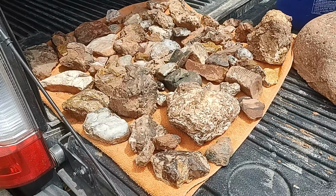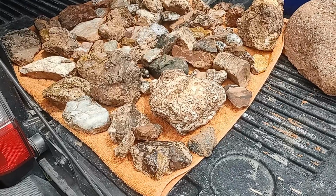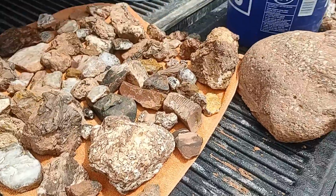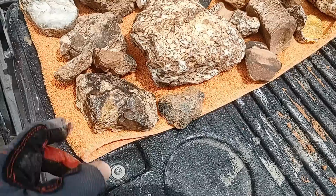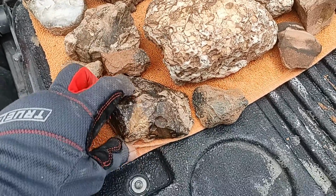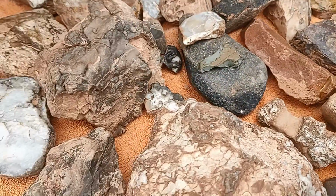So here's my wife's collection of rocks. Now I give her a lot of crap about just collecting pretty rocks out there, don't I? Uh-huh. Just for the rock garden. Right. And what's wrong with rocks for the rock garden? Nothing. Okay. Plus, I think she's really got a pretty good eye. She's got some good stuff here. There's a piece I would have picked up if I'd seen it. It's got a lot of colorful chalcedony in it. And, yeah, there's some